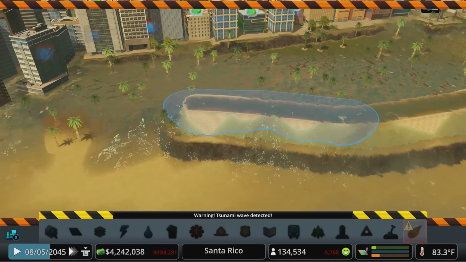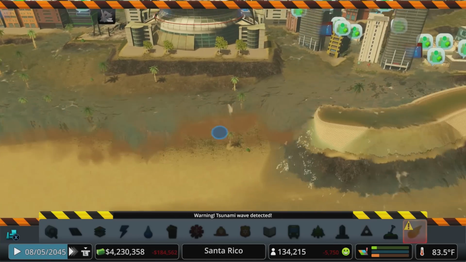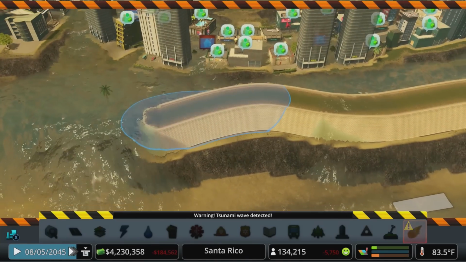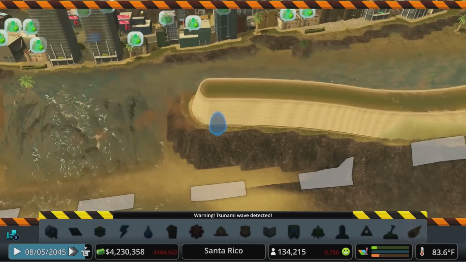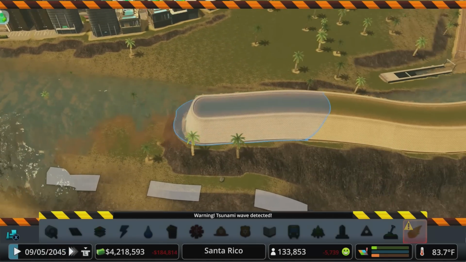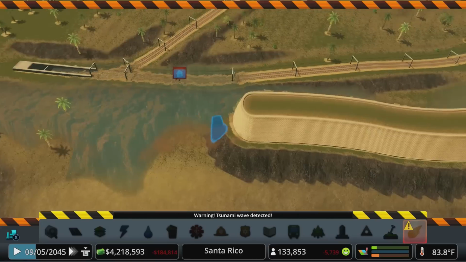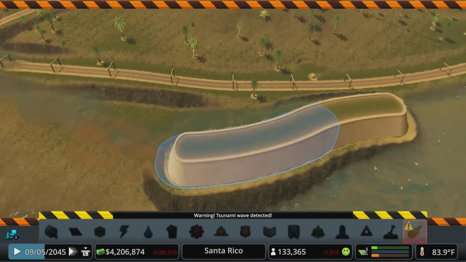We can demo this so that the water actually runs out now. You can see it's all kind of channeling in behind it. I don't think this is really going to help, and all it does is disrupt the look of this coastline, so we'll